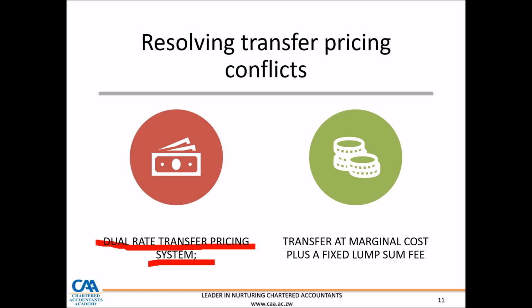But practically, this gives rise to a number of issues around how we keep track of all this pricing, the information system design, etc. Another way of resolving conflict is to transfer at marginal cost plus a fixed lump sum fee,